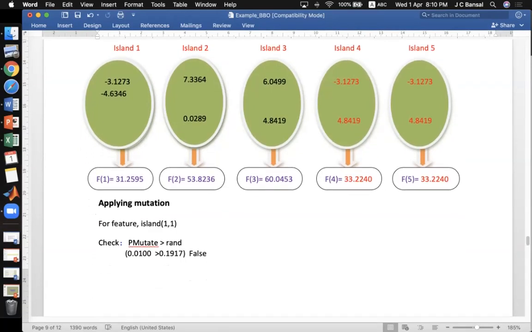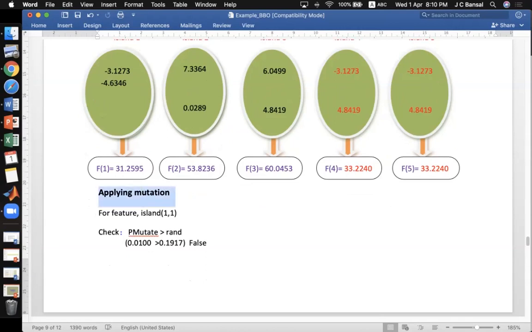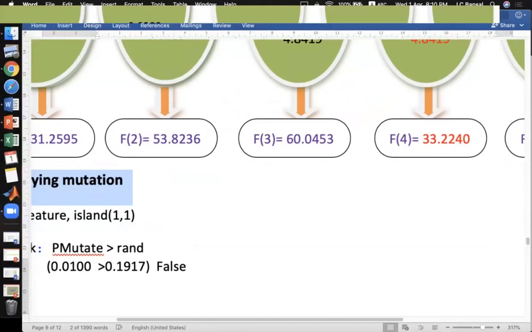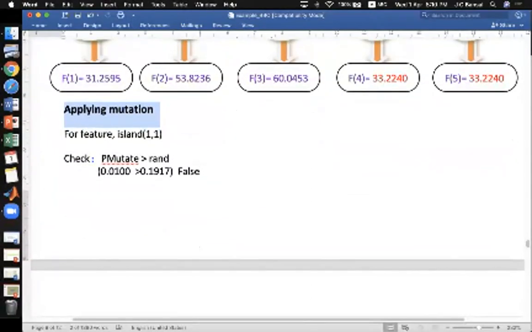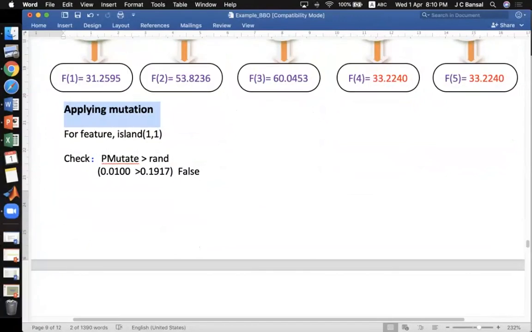So now the next operator is the mutation operator. Let us apply the mutation operator now. In this mutation operator, we have to modify any particular feature of any particular island based on the probability of mutation, which we have considered as 0.01.